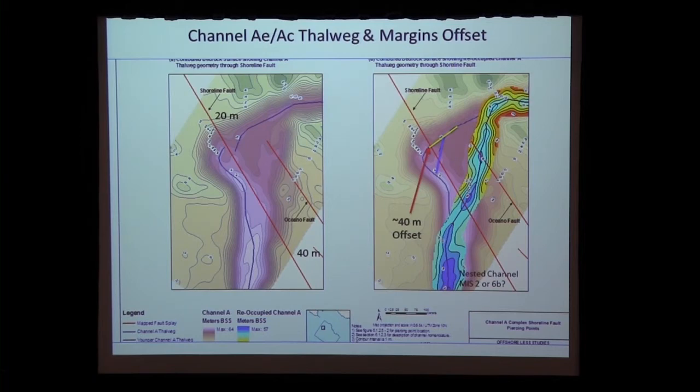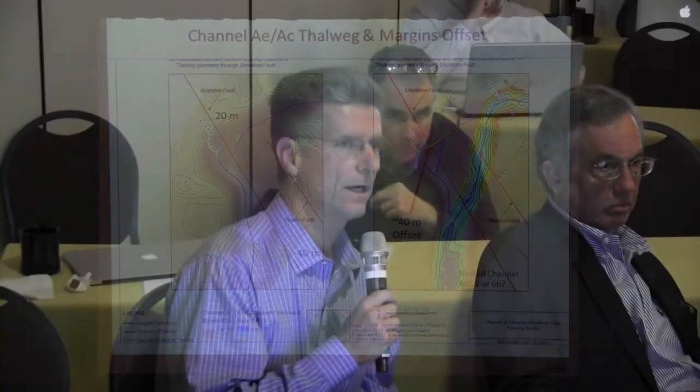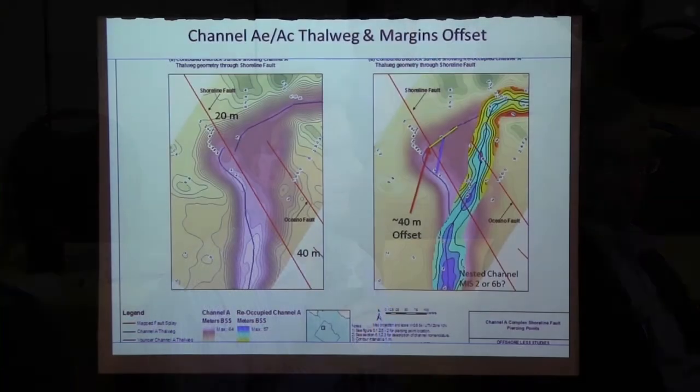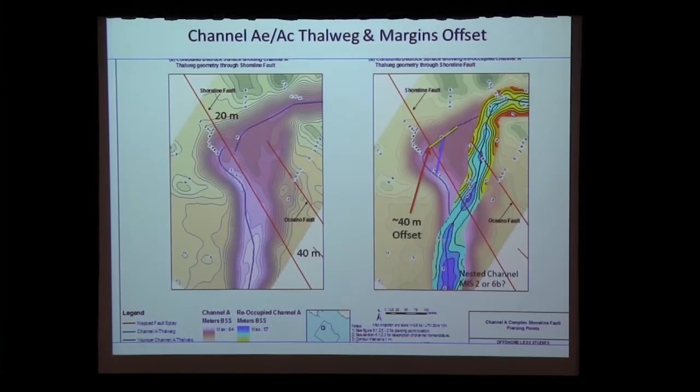Phil, I'll let you answer that. We're confident that that's a bedrock ridge. It's not a slope failure. Also, I might mention that the contours are smoothed in GIS. So the actual raw data, the amplitude data, shows a much sharper break there rather than at the fault, rather than being smooth as illustrated in this figure.